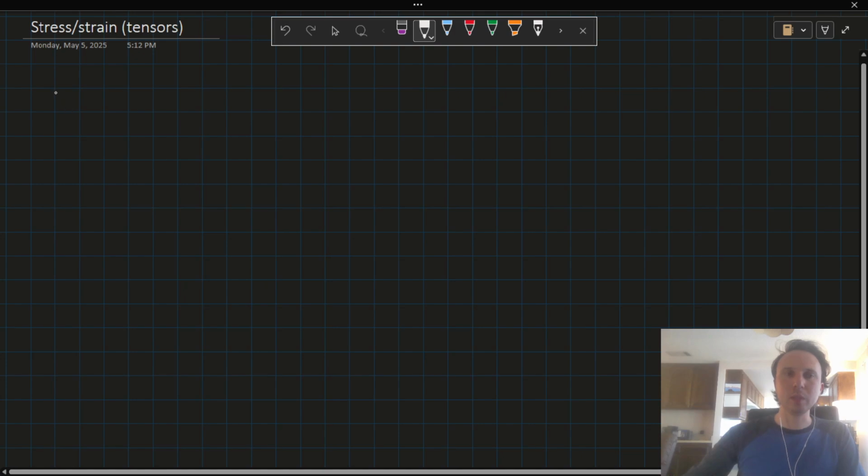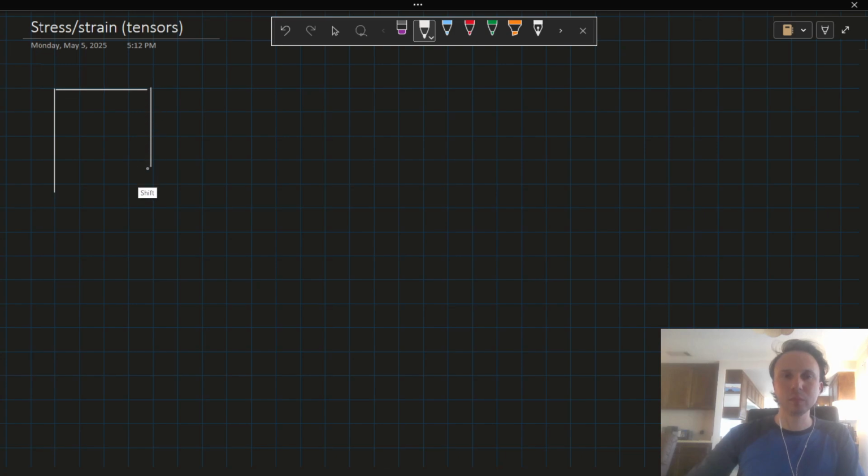So where these come from, we start with a body, which I'll draw here, and say that body is under some forces at the ends. What stress and strain are going to tell us is we take a little element inside that body, and we want to see what the forces on that are, and that'll give us the stresses. And we want to see how this little element deforms, and that'll be the strains. So for example, for the stresses,